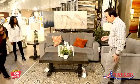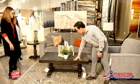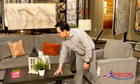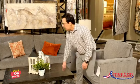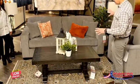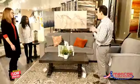And if you notice on the coffee table here, you have a lot of texture with your wood graining, which I think is really appropriate with the striations, with the texture of this. So I look at the space as a nice piece of art, and I want to add interest in